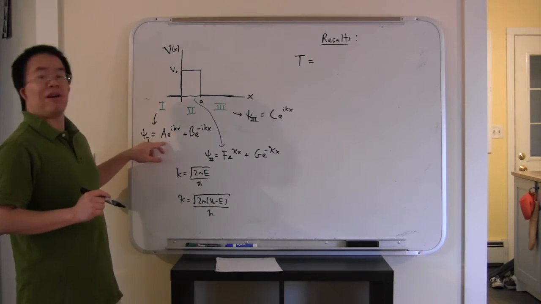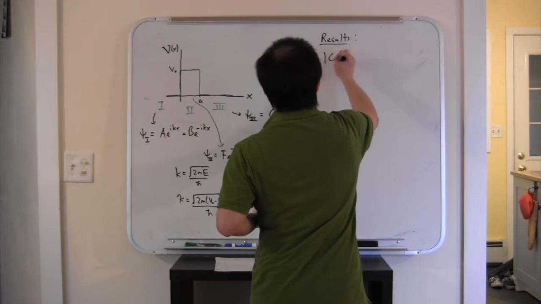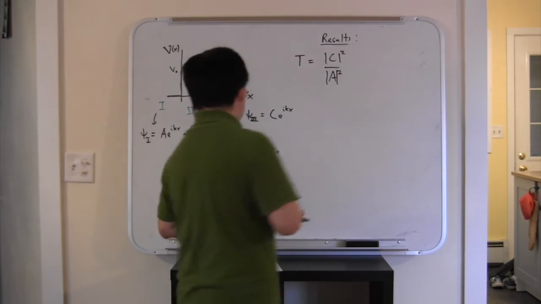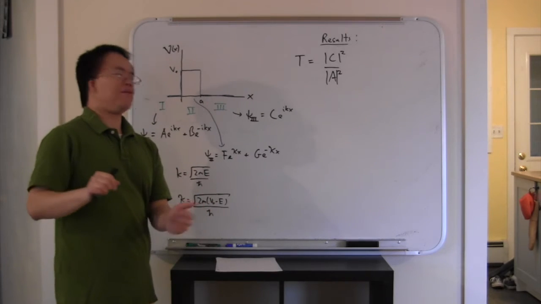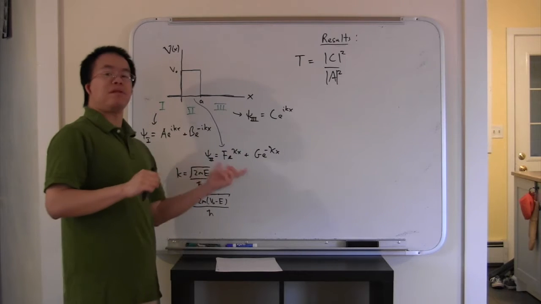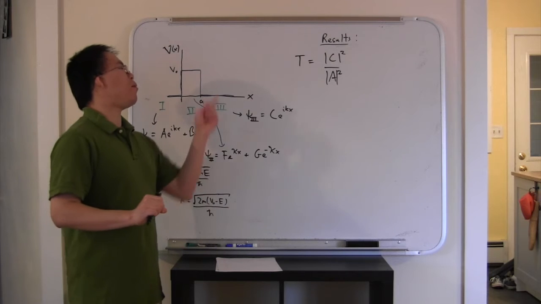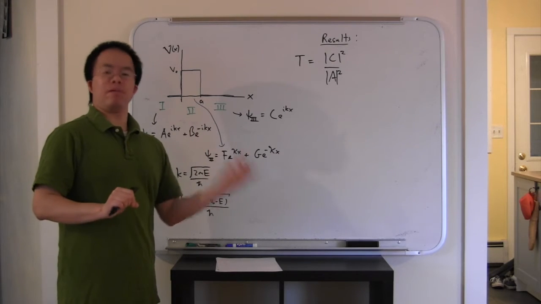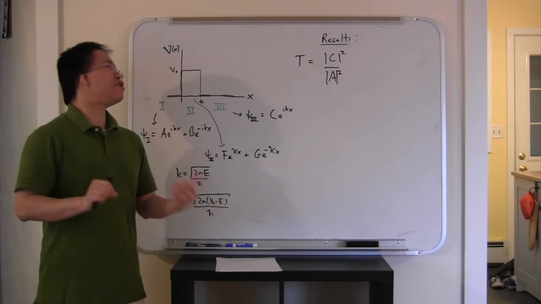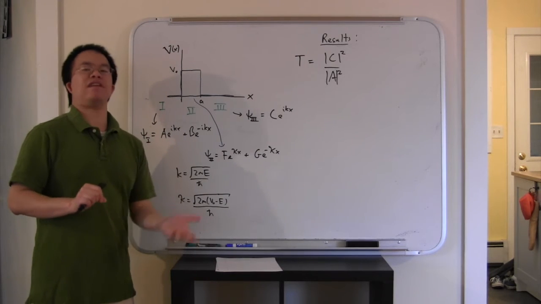And that turns out to depend on the amplitude of this transmitted wave relative to our incident wave A. So it's going to be given by C squared over A modulus squared, kind of like a theme we've seen before. It turns out to be the modulus square of an amplitude that gives us a physical probability. If you're curious about why this is, watch the bonus video from Friday's class. The argument for why it makes sense to define a transmission coefficient in this way comes from thinking about what's